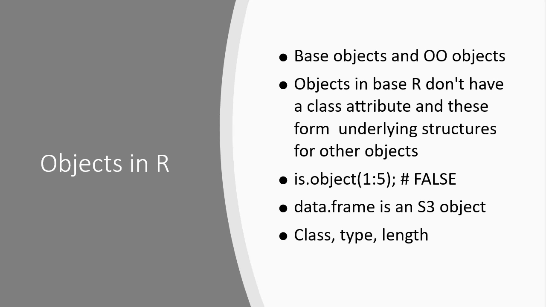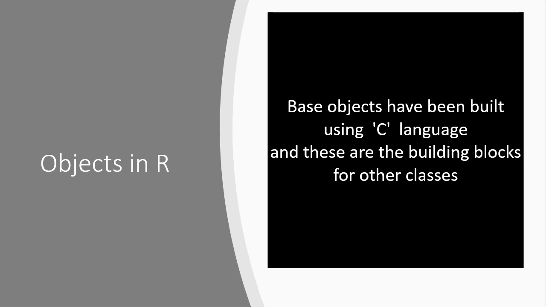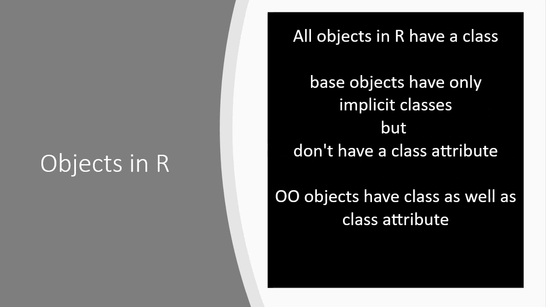Objects in R can be categorized as base objects and object-oriented objects. Base types do not form part of an OOP system. If you apply the is.object function to a base object, R will reply FALSE. Here, what R really means is that they are not objects as understood in the OOP system. For example, a data frame is an S3 object, but a column of the data frame, which becomes a vector, is a base object. Base types are mostly manipulated using C code, but they are important to know about because they provide the building blocks for the other OO systems.